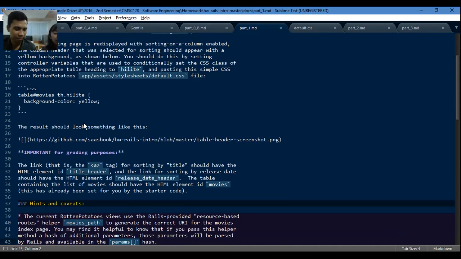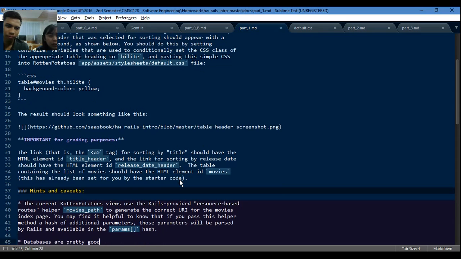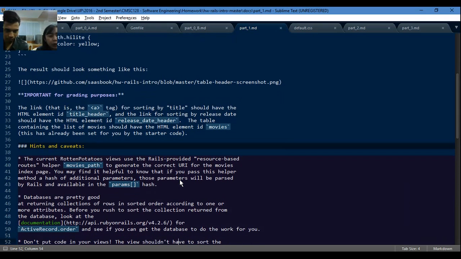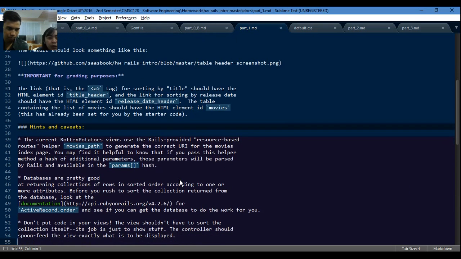Okay. So, the link, that is the A tag, for sorting by title should have the HTML element ID title_header. And the link for sorting by release date should have the HTML ID release_date_header. The table containing the list of movies should have the HTML element ID movies. This has already been set for you by the starter code. So what we're going to do is